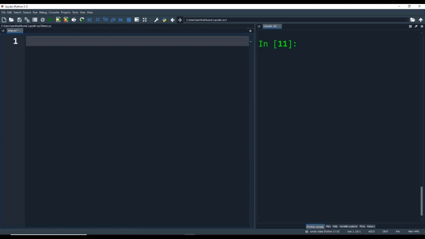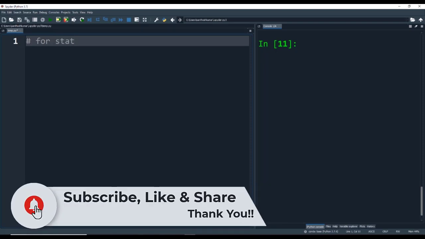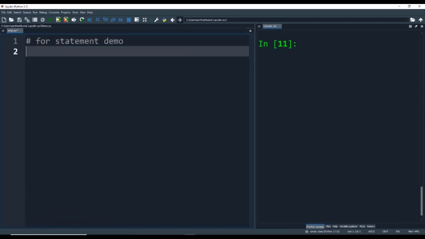Next, we can look into the for statement. The for statement in Python need not necessarily loop on an integer like in other programming languages, but it can iterate on an integer, as well as on a string, on a list, or on a function like range. So we will look into the range, and then we will look into, say, the list.